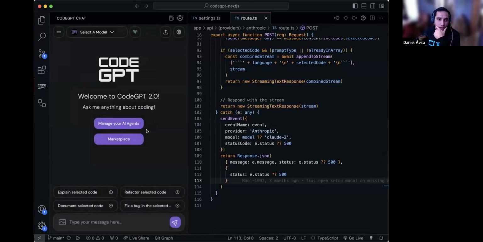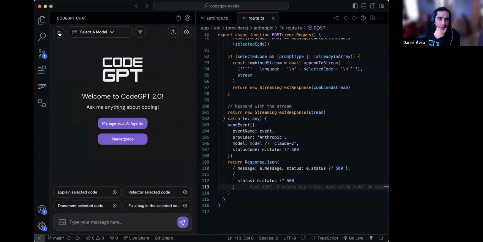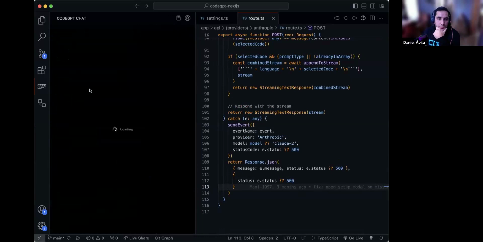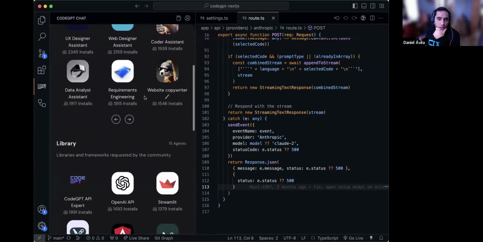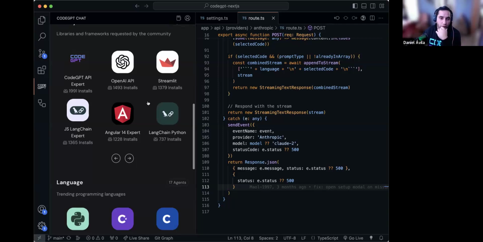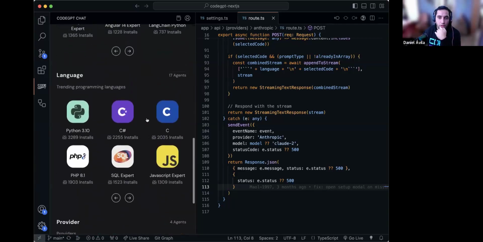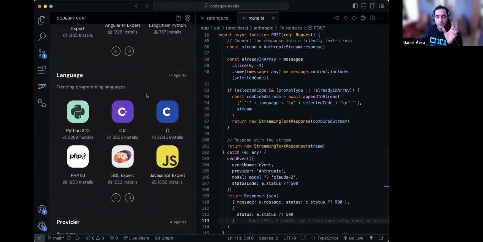Right now we have this UX. If you want to use the marketplace with more experts, you could go this way and select one of these experts. Right now we are trying to make this kind of context, or these agents, easier for the user, so they can start with one of these experts. If you are working with TypeScript, for example, you could start with that kind of agent.